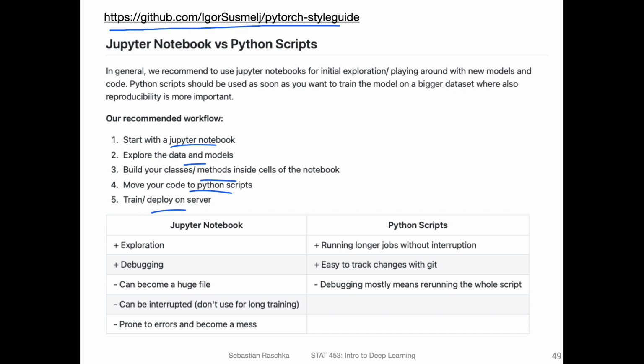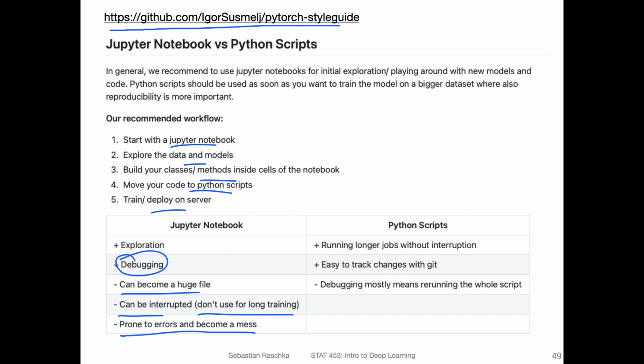But it's a little bit more inconvenient to run Jupyter Notebooks on a server. Here also, like the person mentioned, the files can become huge if we have one single Jupyter Notebook, especially if you print the output in the notebook, they will become very long. And sometimes computation gets interrupted in Jupyter Notebooks for some reason. So in that way, it's also not ideal for long training. And it's easier to make mistakes in Jupyter Notebooks because I find the debuggers are not that good.